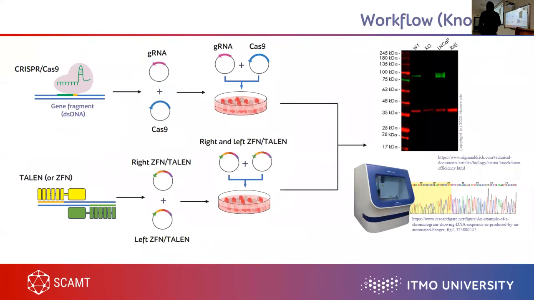So, the workflow of how we can implement experiments with our tools. In the case of knockout tools, we have our knockout tools, TALENs or CRISPR-Cas. We have the plasmids, and we transfer these plasmids into our cells. After 24 or 48 hours, we need to check